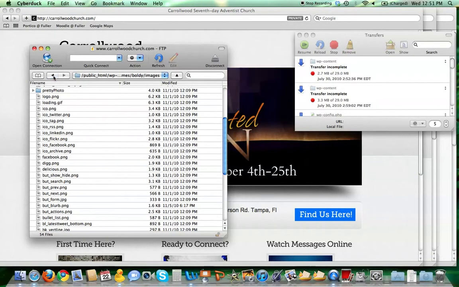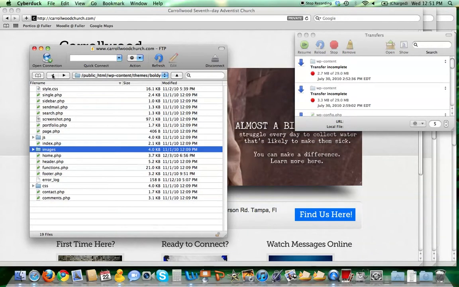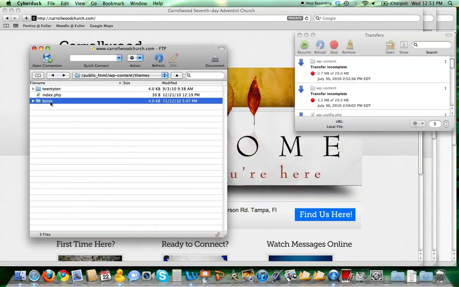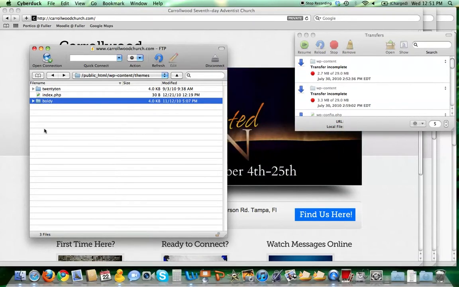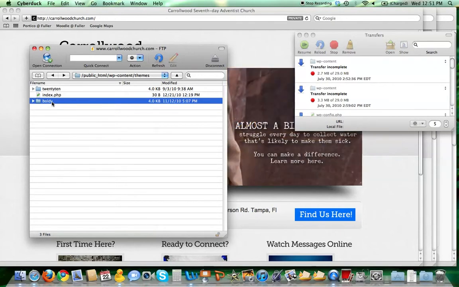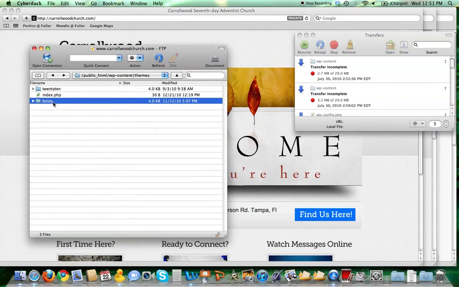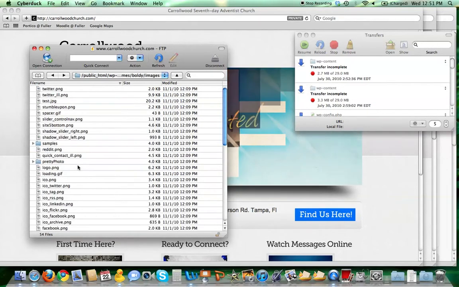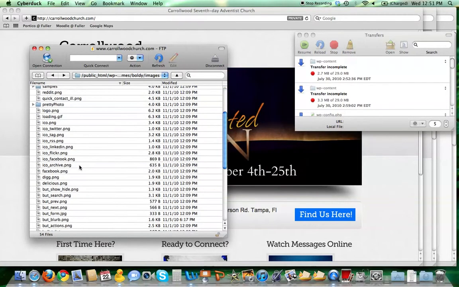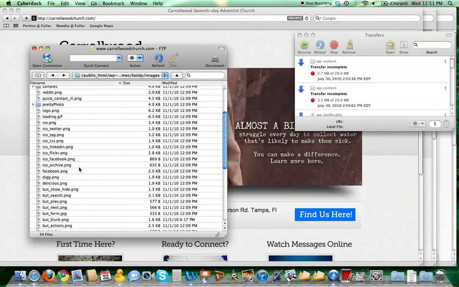have to log into your theme using some kind of FTP client. I use CyberDuck. That basically takes care of most of my needs. So log into your FTP client, and go to Boldy and then click on Images, and you're going to see one that's called,